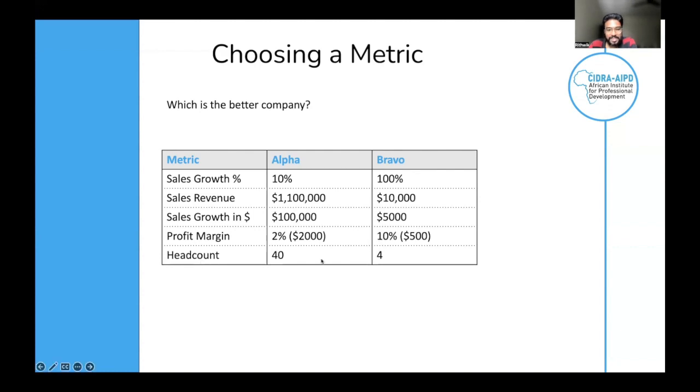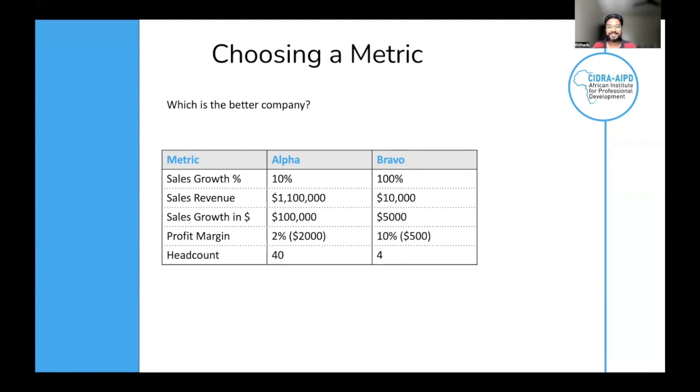Right? Then you look at the head count and you say that, oh, this was made by only 4 people and therefore this is better. So each of these metrics, if you look at it in isolation, you might come to a certain conclusion about which company is better. Maybe you look at it in a combination of metrics. But however you do,